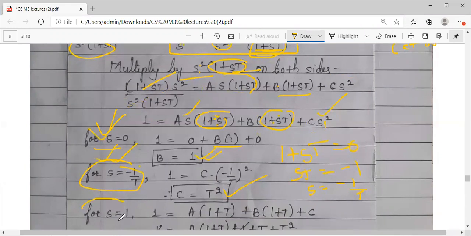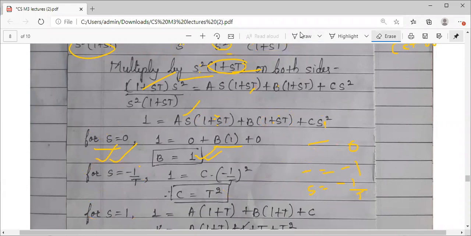So for the third time, what I will do, I will take any natural value, say 1. You can take anything, 1, 2, 3, 4, and you can start. So the first value I have taken as 1. Naturally, I could start from 0, but already I have covered 0 here. So the next value I can take is 1.